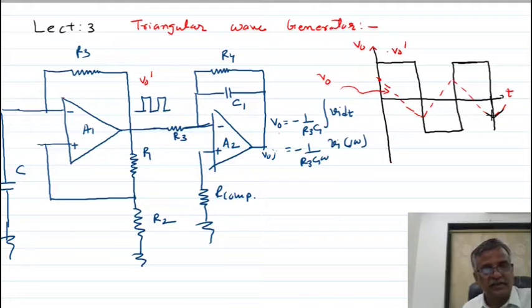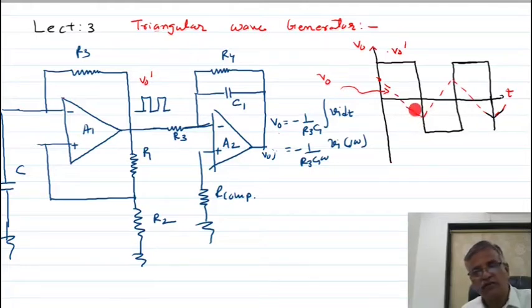Listen, last time I am telling you the discussion of the first circuit. The triangle wave can be obtained by integrating the square wave. The circuit diagram of triangle wave generator is shown in figure. Here A1 produces the square wave, and the square wave is given to the negative terminal of A2, that is the integrator circuit, and this integrated square wave as a result will give the triangle wave. The diagram shows that frequency of the square wave and frequency of triangle wave is same, but amplitude is different.